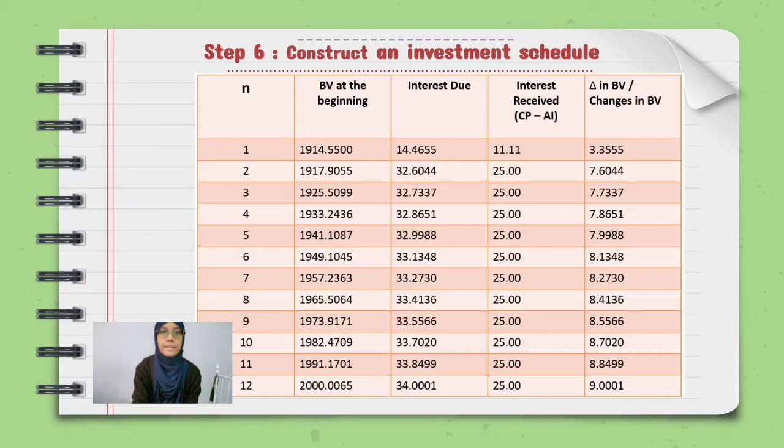So we have to get the same value as the 12, like stated in the question, we get a 2000 straight bond, right? So we have to actually get the same answer. So next, how to find the interest received? As stated, the formula is CP minus AI. So basically, you just have to subtract CP with AI, and here I get